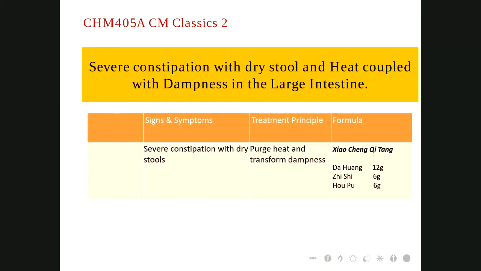And if constipation is involved, because heat is dominant, it very easily consumes and injures body fluid. So difficult bowel movement becomes a concern, and dampness will not be dominant. You can use Xiao Cheng Qi Tang. Xiao Cheng Qi Tang or Tiao Wei Cheng Qi Tang has been used a lot as a modified formula in Wen Bing practice as well.